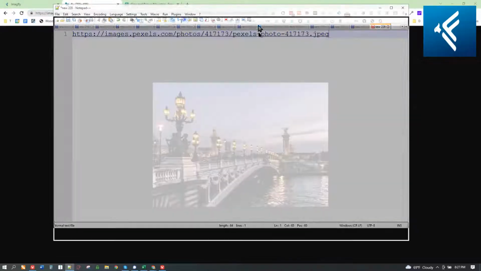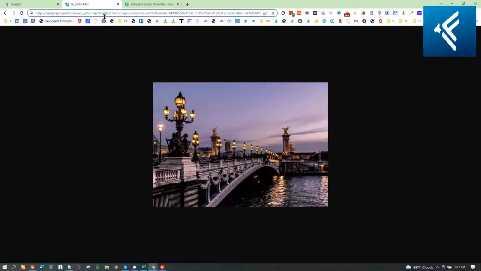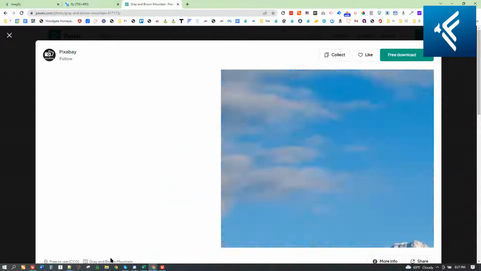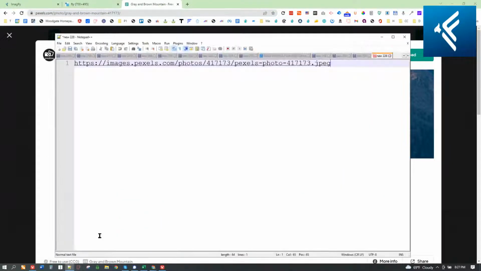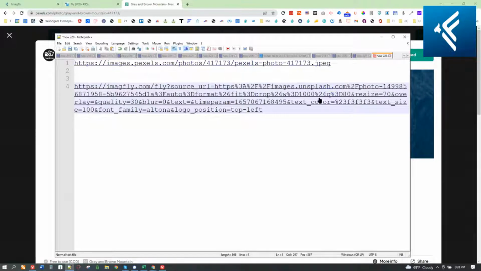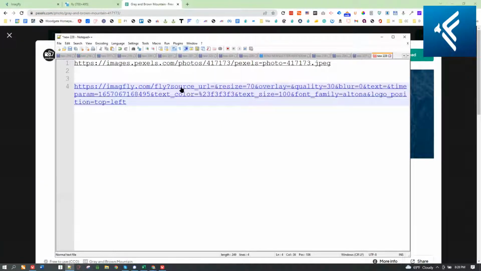So we're just gonna take this here, and imagine you can do this at scale because with the API you can just insert it in. So we're just going to pop this in here. See where it says source URL, and we're just going to go into where it says resize. All right. So this right here would take any image right here, where this equals is.